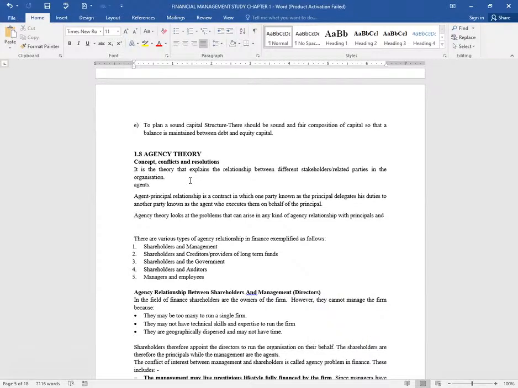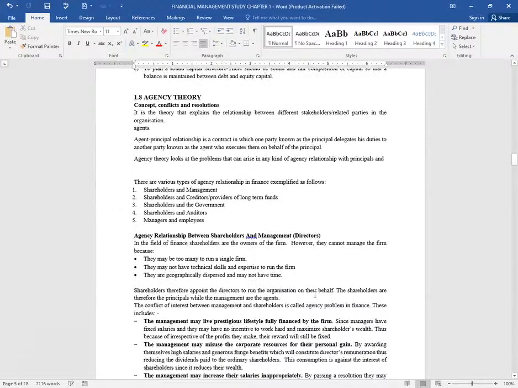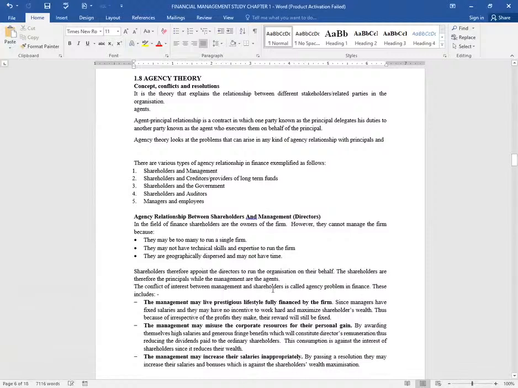Those 10 directors will be executing duties on behalf of the principal, on behalf of the shareholders. So we have here an agency relationship between shareholders and management or directors. Now, what you need to know, ladies and gentlemen, is that when these directors are left on their own in Nairobi here to run, for example, Barclays Bank of Kenya, at the end of the day, there will arise a